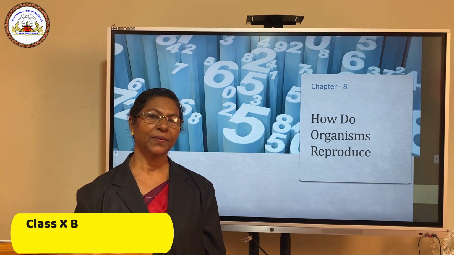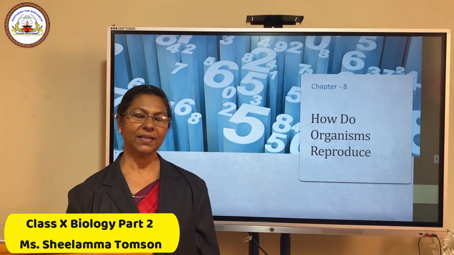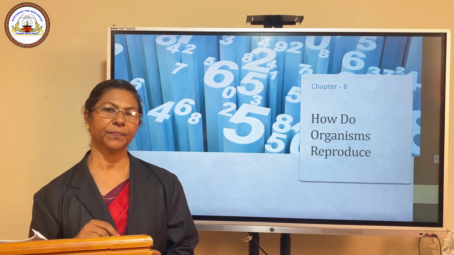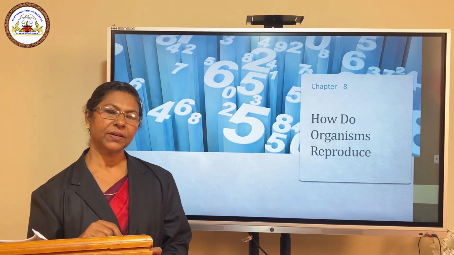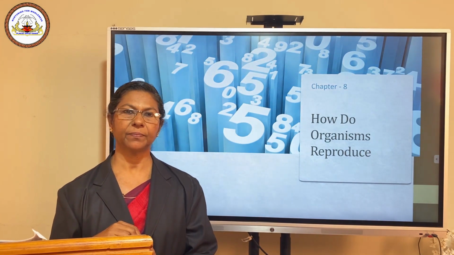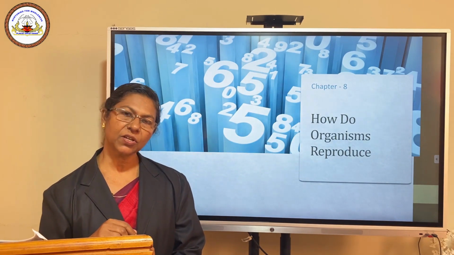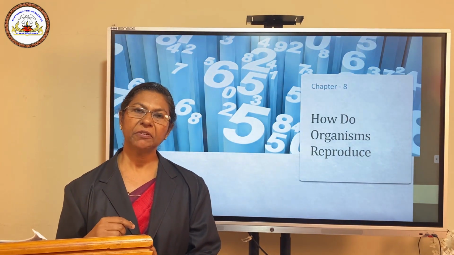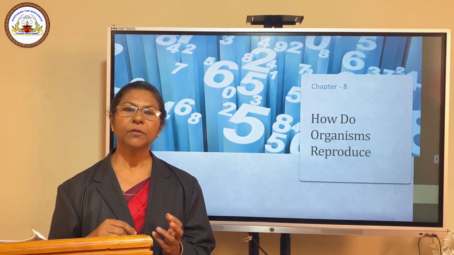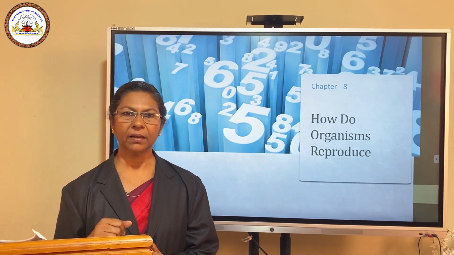Hello everyone. I am going to discuss a portion from class 10 science chapter 8, how do organisms reproduce. In the previous class we studied about reproduction and the types of reproduction, that is sexual and asexual reproduction. In asexual reproduction we studied different types of asexual reproduction in single organisms, that is fission, fragmentation, regeneration, budding, spore